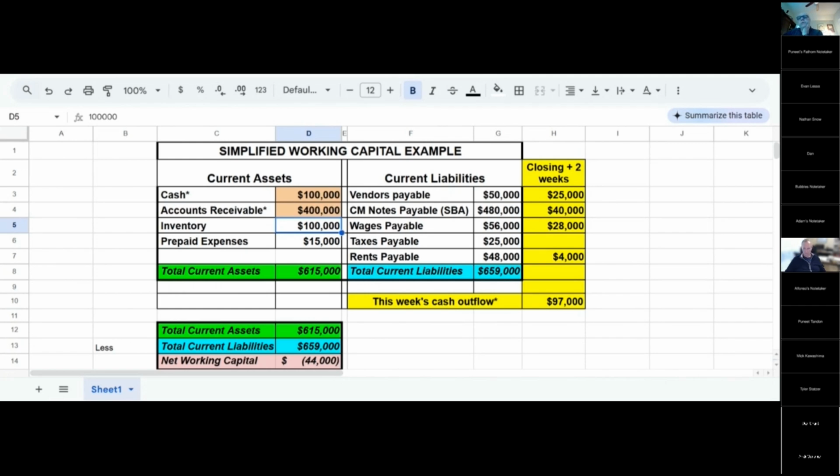Dick, why don't you take them through the 13-week? Okay, and I apologize, I didn't realize this much time had gone by. If you want to stop sharing your screen, I'll try to put mine up, and I can run through this fairly fast. I'll also send this to Dane, and he can send it out to you all.